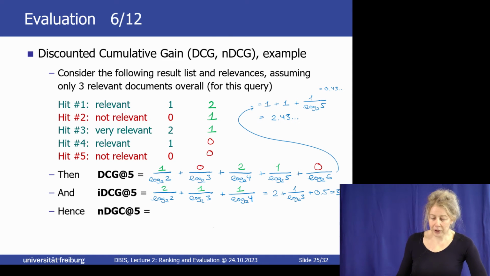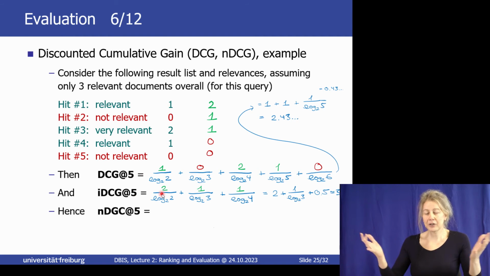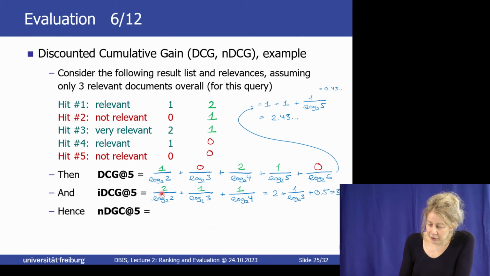And now we know, okay, this is the value we got. This is the best value. Let's just divide this by that. And then I get a number between 0 and 1. So this is now,